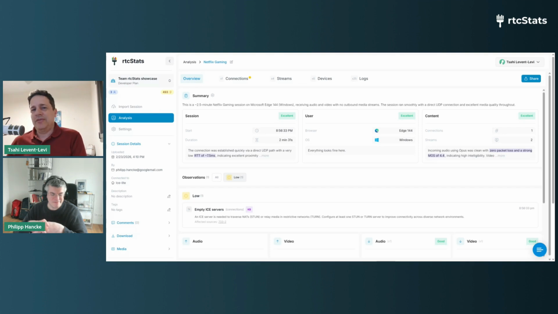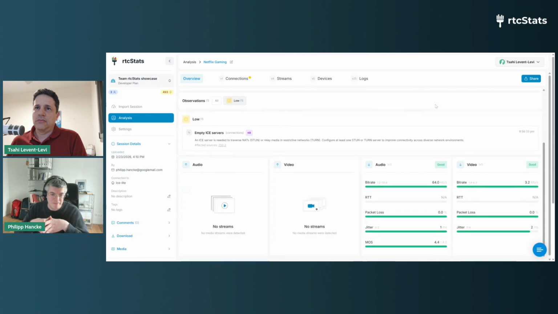Let's look at Netflix Gaming and see if we can find some interesting things in the way they make use of WebRTC. And remember, we're looking at cloud gaming this time. So Netflix is doing casual games in their cloud gaming service, unlike other services like GeForce Now and xCloud, who are very performance-oriented. This is more casual games, so lower bitrate requirements, and we will see that as well. I captured 2.5 minutes from my Windows machine, a very smooth session, everything looked good, and we'll see some interesting